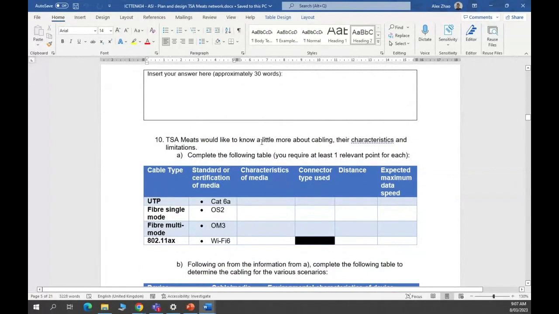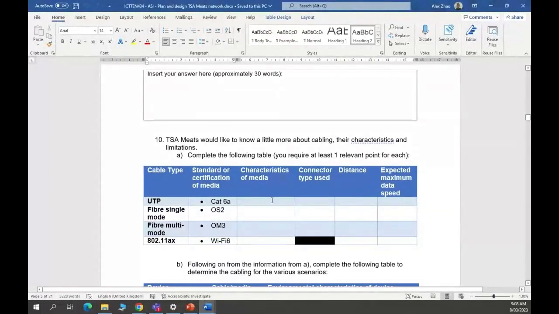If you remember a couple of weeks ago, we looked at different cables, and if you look at this, we've got UTP. If you're not sure about that, that's unshielded twisted pair. There's fiber single mode, where there's only one beam of laser, so only one stream of communication. There's fiber multi-mode, which is fiber optics, but you can send lots of beams in different phases or bouncing different ways, so you can have multiple streams of communication. Obviously, if you can only have one here, you can have two there. You're double the speed or amount of throughput. Then we have